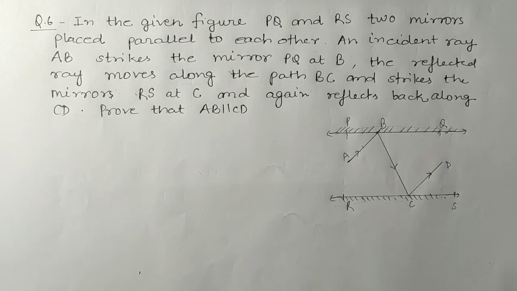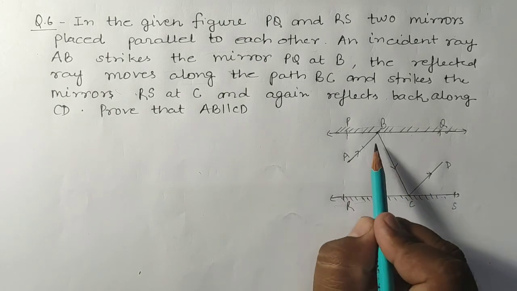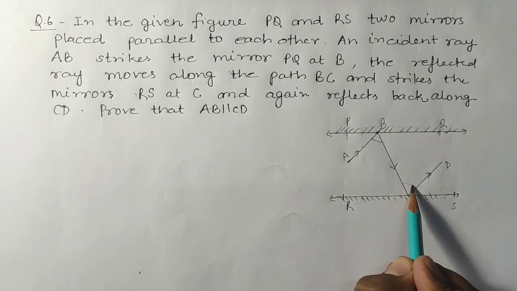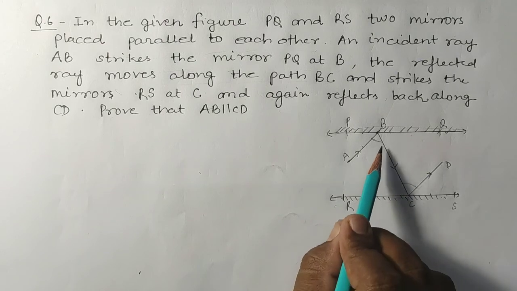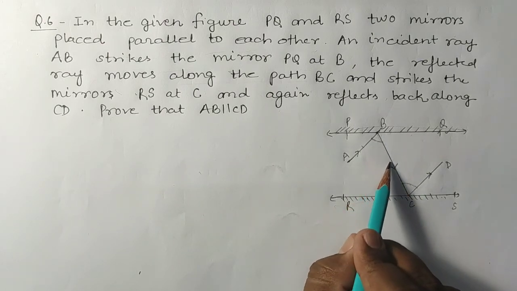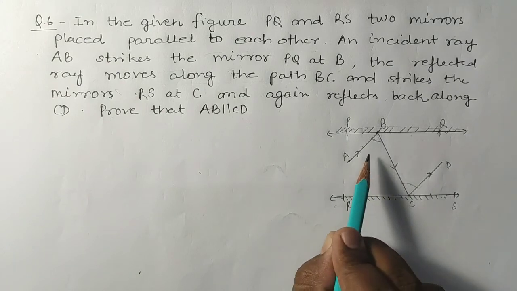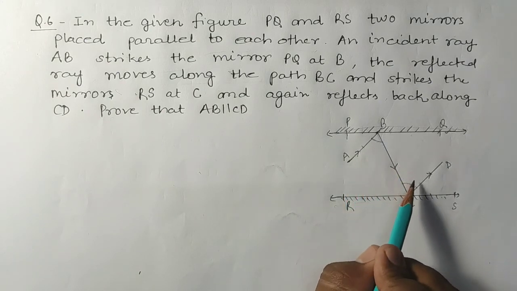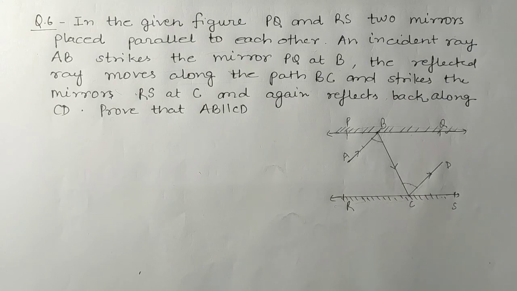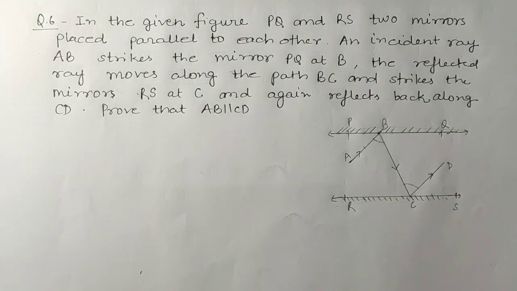See students, how we can prove it? If you will show that this whole angle is equal to this angle. Okay, if we will show that this angle is equal to this angle, then supposing BC as a transversal and their alternate pair, if the alternate pairs are equal, then we can say that AB is parallel to CD. See, some physics is involved here, some physics is applied here. How we will solve this question?